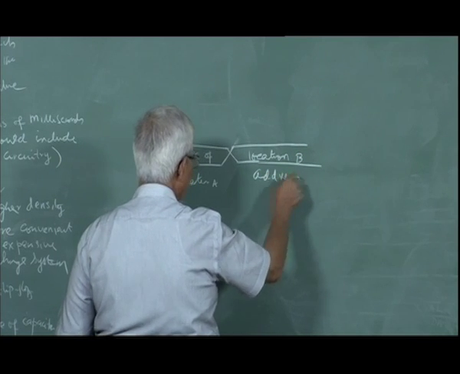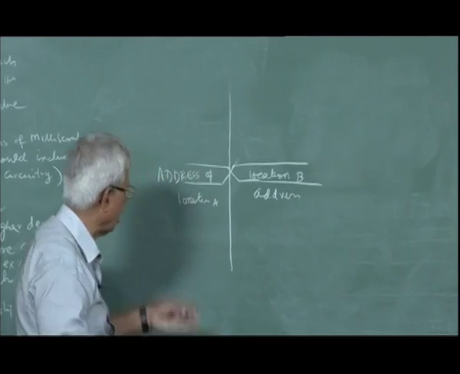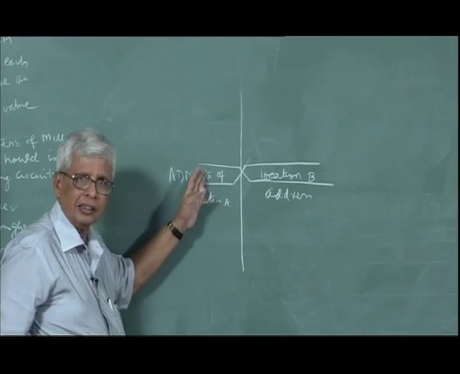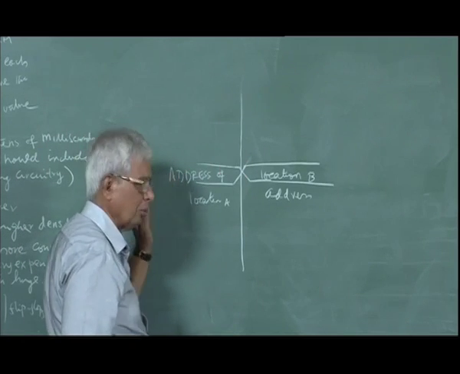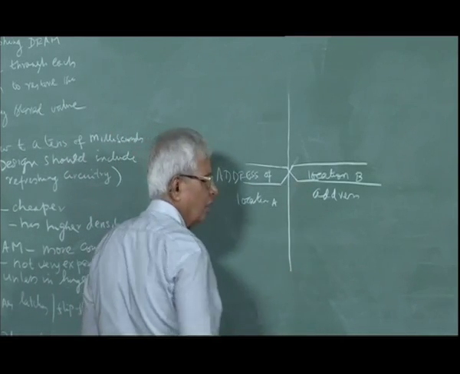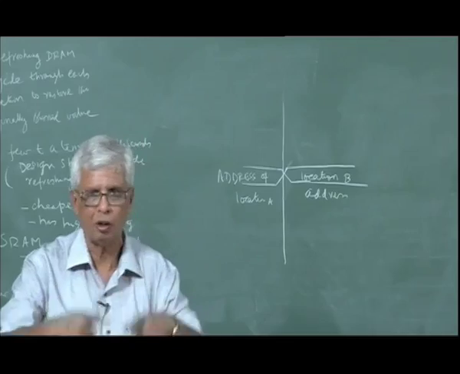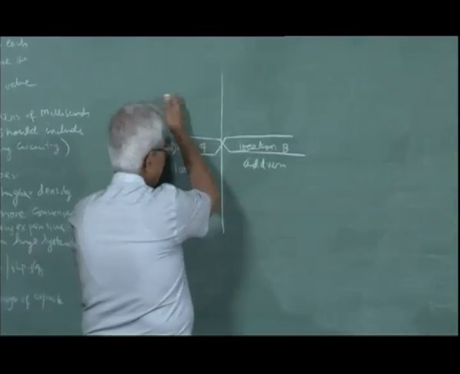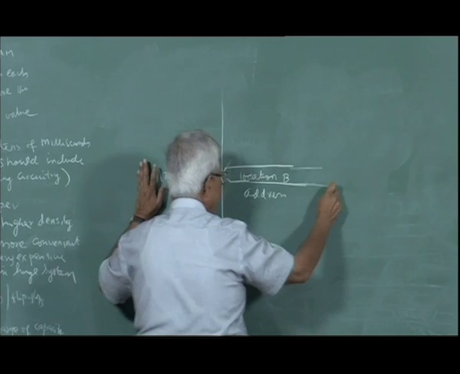So I was explaining to you what is the procedure for reading from location B whose address is given. We do not know what the previous address is, I am just putting it as an example. There may not be anything here. Maybe there is no reading, or in that case you put a 0. Because we are assuming the memory is constantly being read from one location to next location to next location. So the address location A, all this procedure was completed, and address location B, I am giving the address,